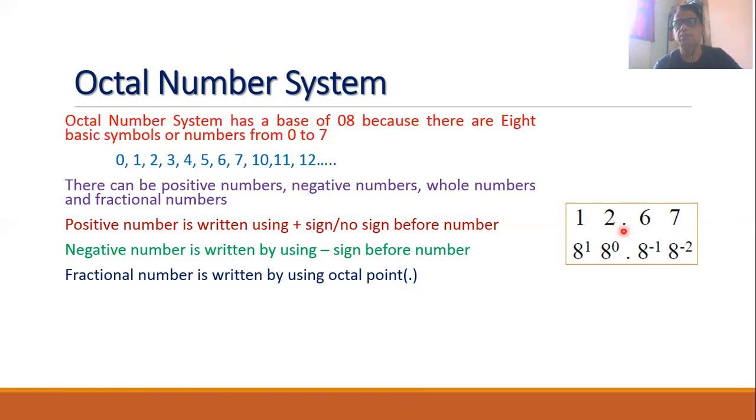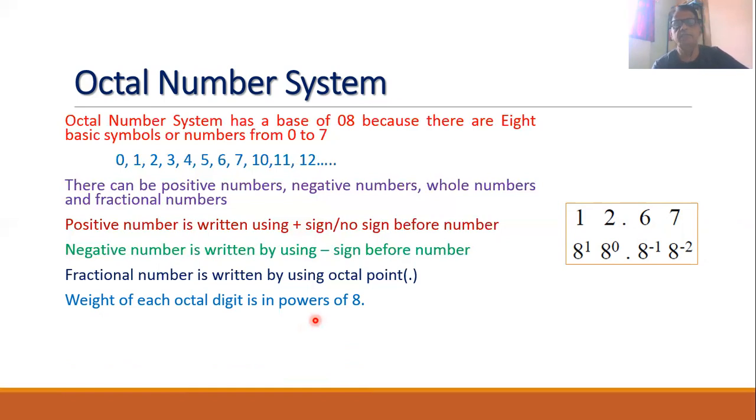Say for example, this is my octal number 12.67. Now this is the octal point, and before the octal point, the part of the number is being called as an integer part, and after the octal point, the part of the number is being called as a fractional part. Now whenever we write any octal number, then it contains octal digits, and every octal digit will have a